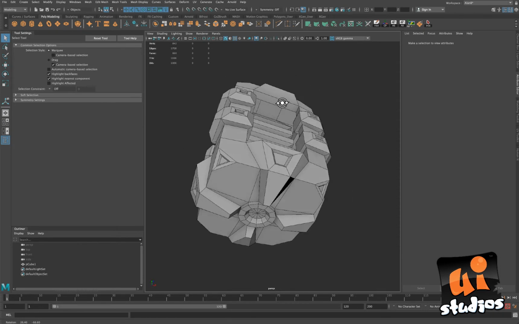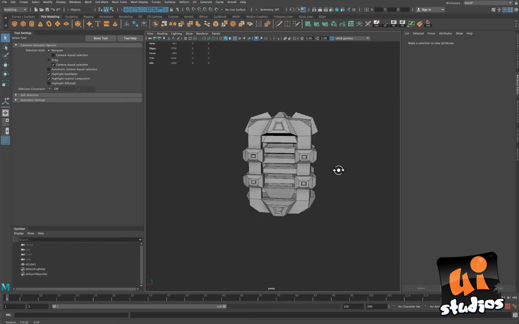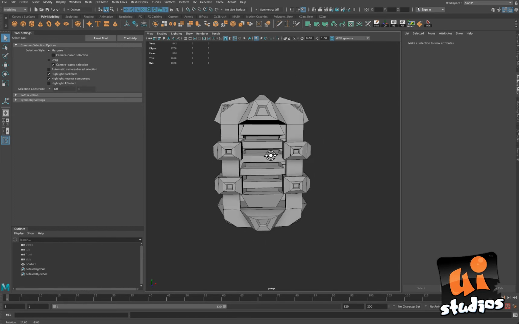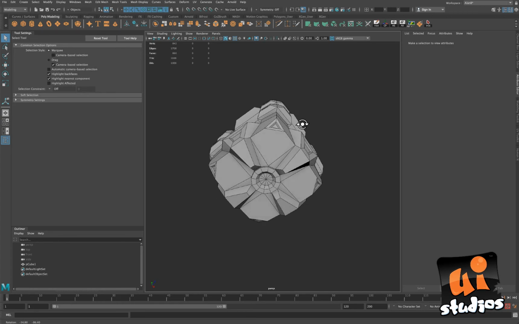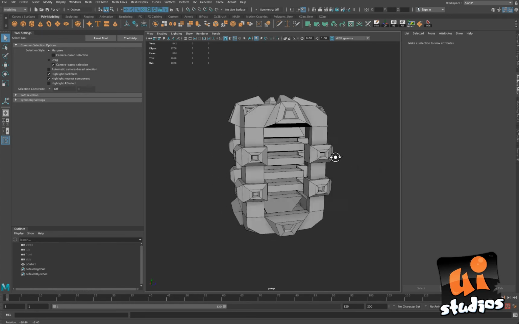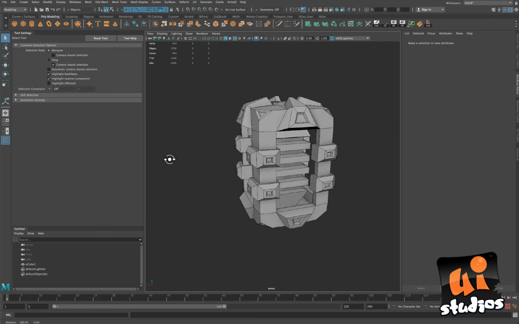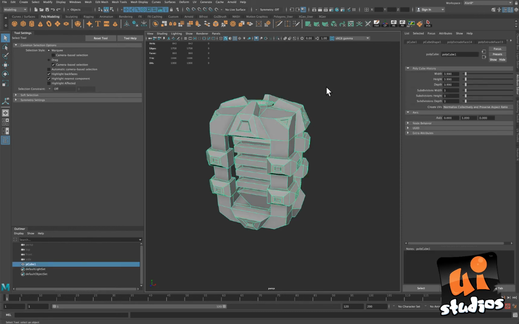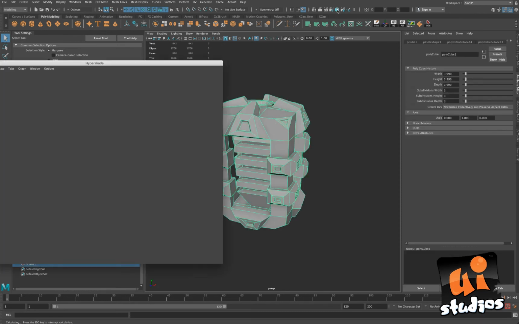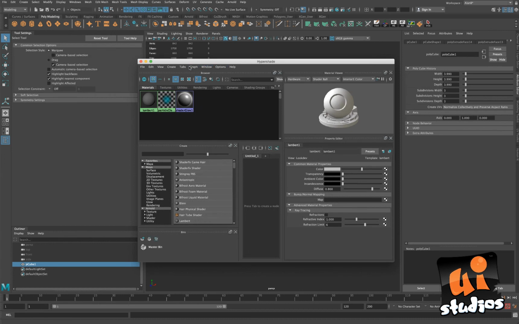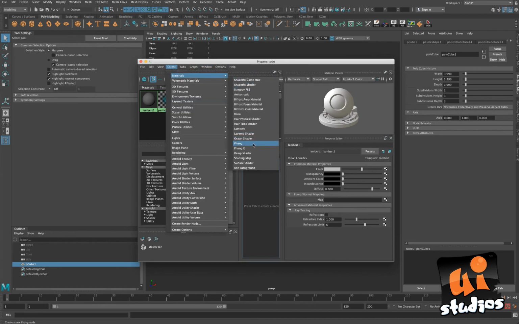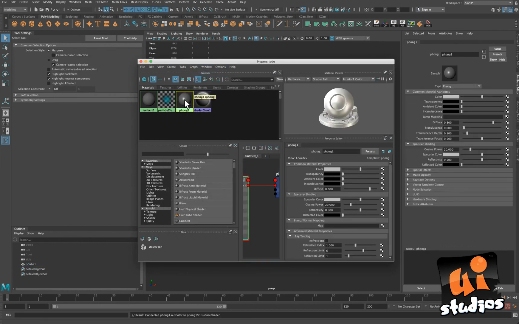All right, so this is it for our sci-fi box, and in the next tutorial I'll show you guys how to unwrap. We'll do UVs so we can bring this into Substance Painter. And the only other thing I would like to do is let's click on this guy, go to our hypershade and go to create, and let's assign a new Phong material, and I'm gonna call it box, or let's call it sci-fi energy box. Press enter,